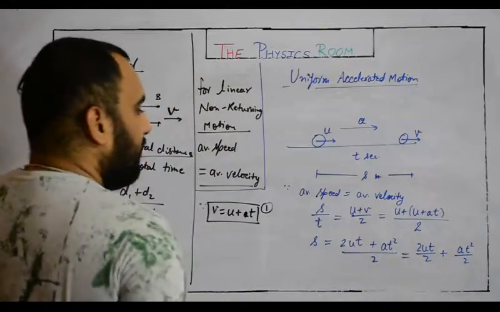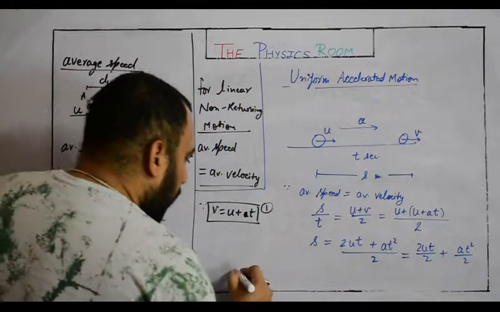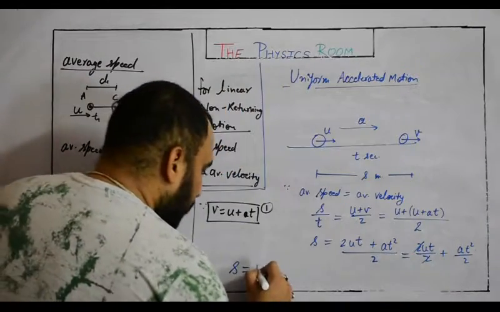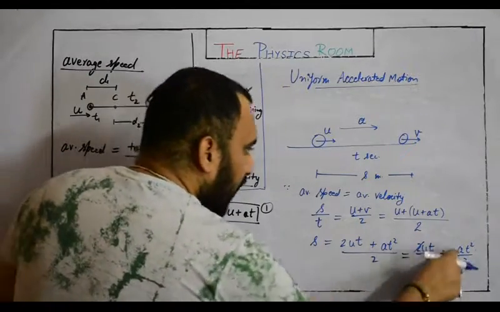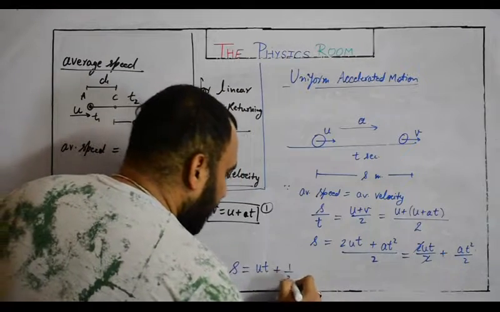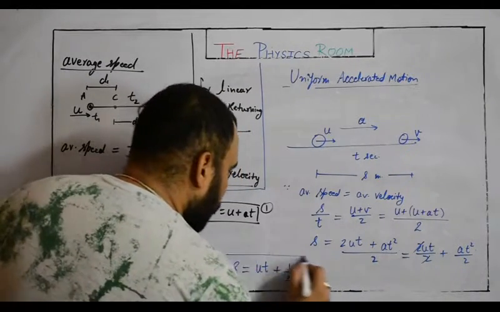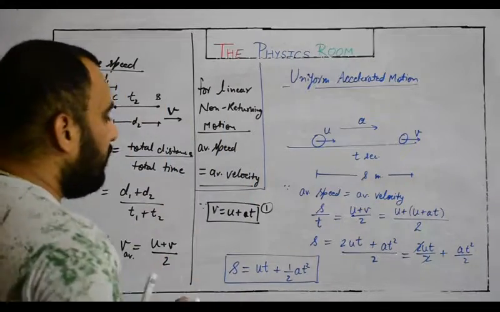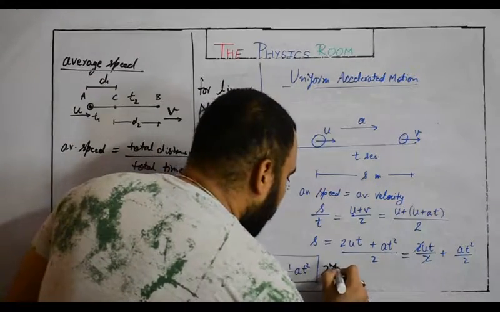You can see it's a similar reverse process simply. Or you can write s equals, 2 and 2 get cancelled, ut plus half at square. So this is the second equation of motion,